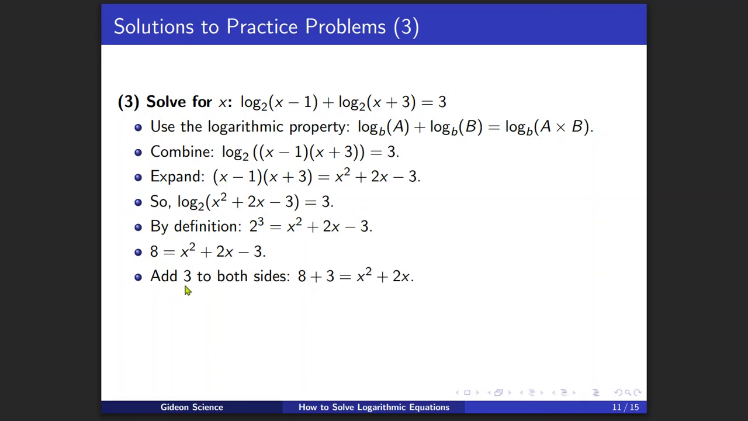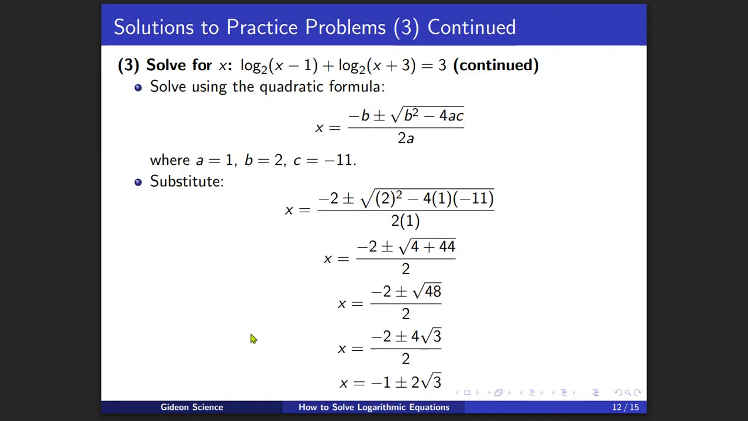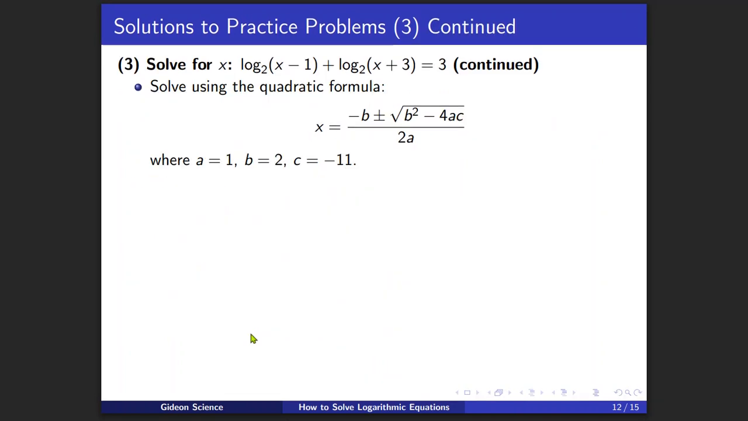So we add 3 to both sides. Simplify to have this. You keep simplifying to arrive at here. You rearrange to have this. At this point, we have a quadratic equation. So solving this quadratic equation using this formula,